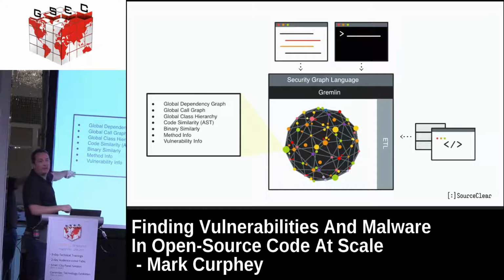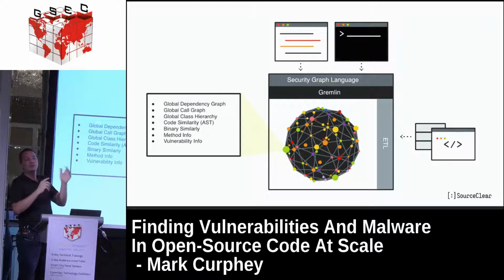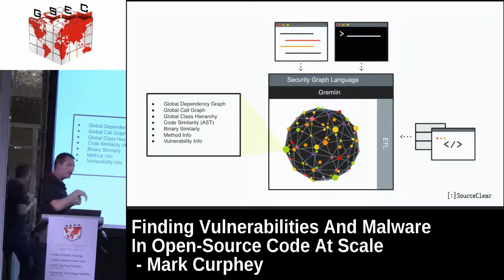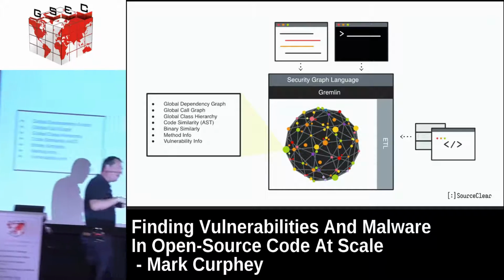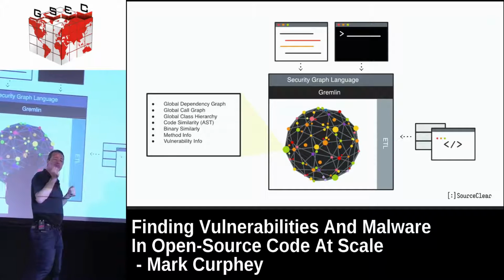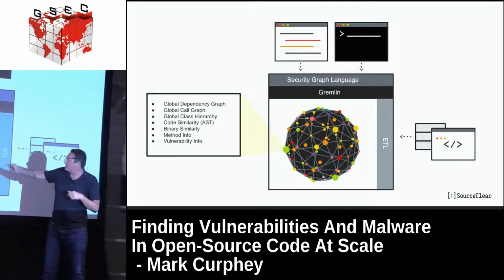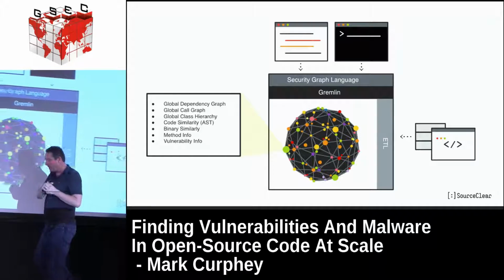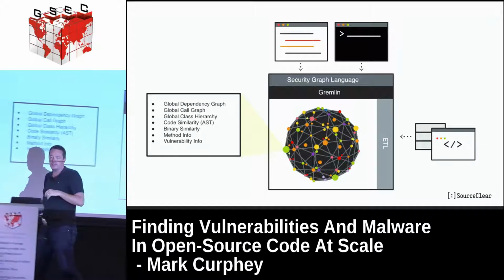And then what you do is you also codify the vulnerabilities. So you figure out like where are the vulnerable methods, where are the patterns, and all of the different things. And it goes into this giant, great big graph database. That graph database then can be queried with a thing called Gremlin, which is a graph query language. And then on top of that, we've built this security graph language. So the security graph language basically compiles down into Gremlin queries, and the Gremlin queries then run across the database. Underneath this large graph database, you can do OLAP and OLTP and all of the normal processing things.